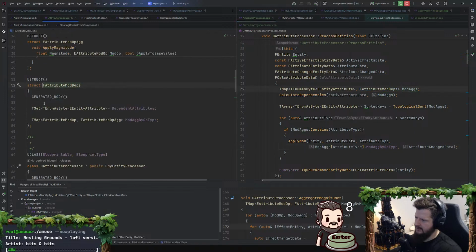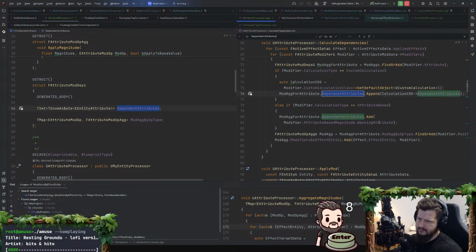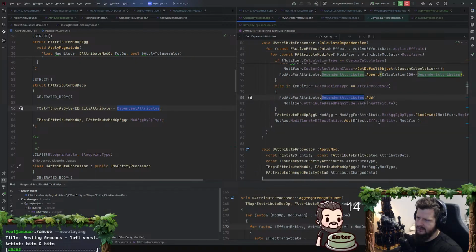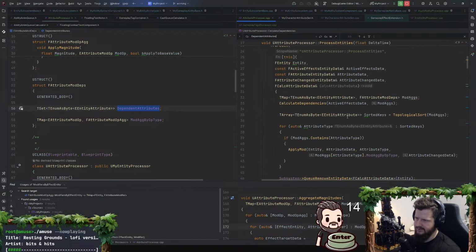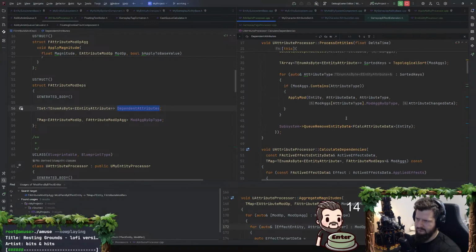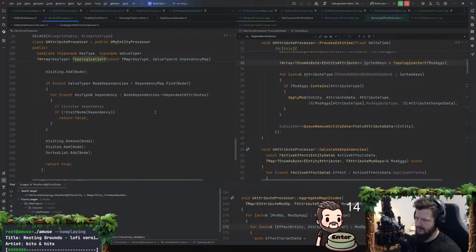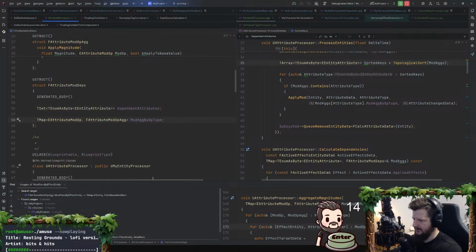Mod attribute mod dependencies, dependent attributes. That's literally just for sorting. That's just for sorting, so we don't care about that for the most part.